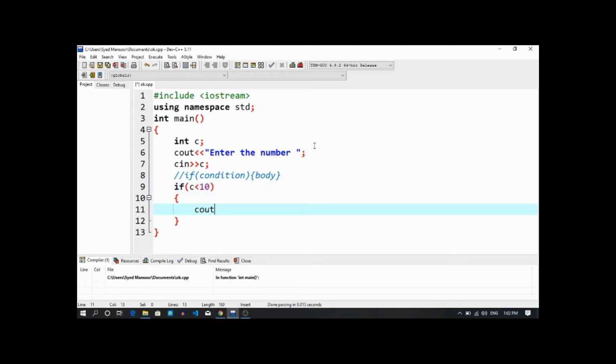So cout it's less than 10. I'm just putting over here the condition if c less than 10. So cout what? Cout it's less than 10. Execute that body. Now one more thing: else if